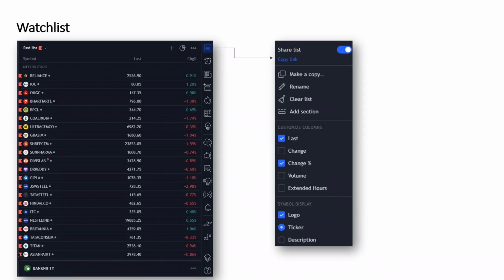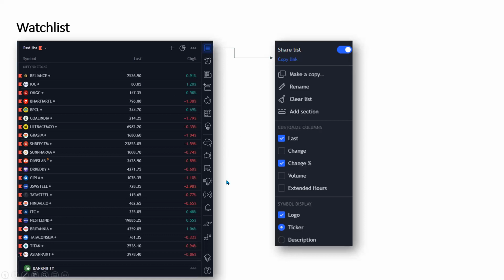In the later half, we will see the different versions of Tradingview, like the Pro plan, Premium plan, etc. But at this point of time, you don't need to buy any plan. The free plan is enough, and the free plan is available till infinity. It will not expire. It's not like for 1 month it is free. It is free forever. Okay.